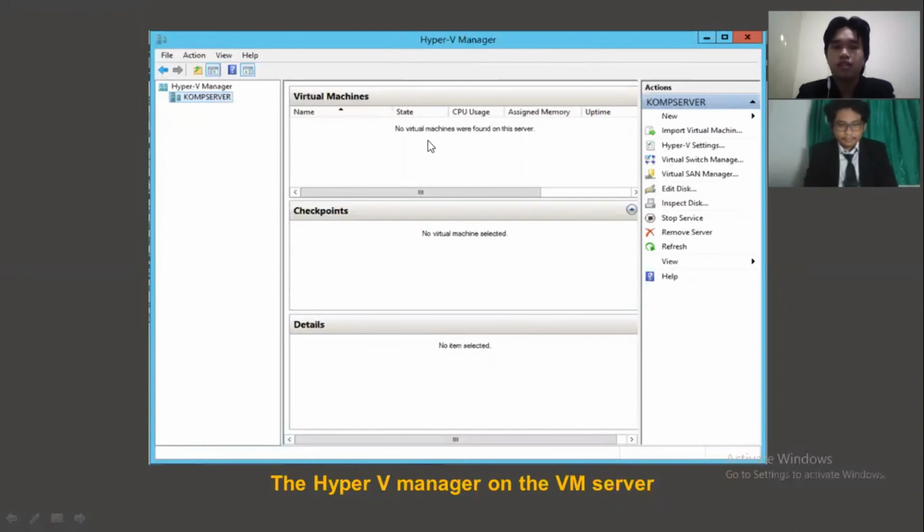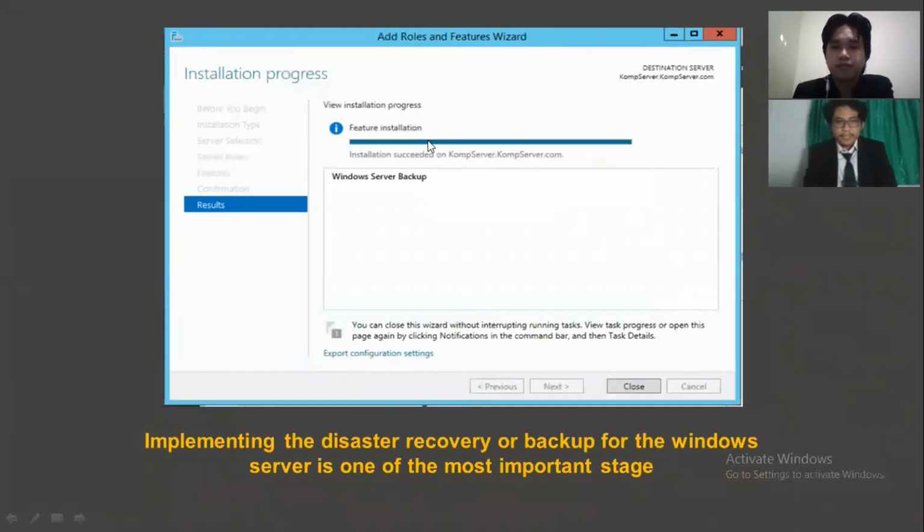Now we are moving to implementing disaster recovery or backup. From the picture, you can see this is the first step of installing disaster recovery. On the picture, the feature has already been installed.